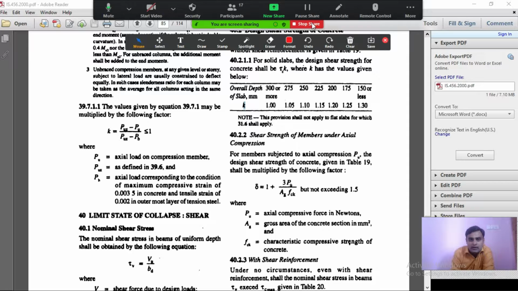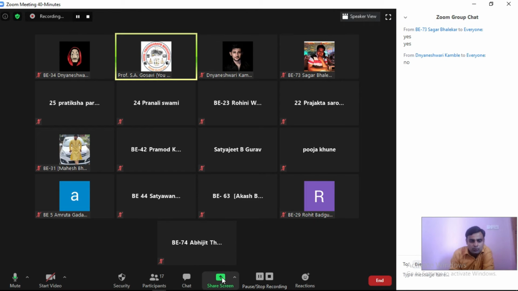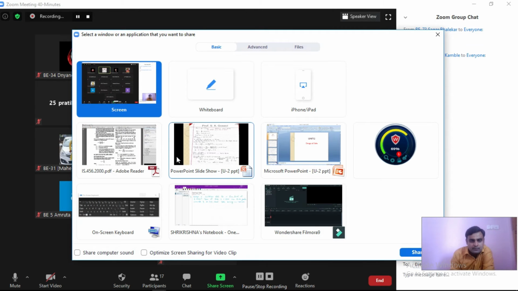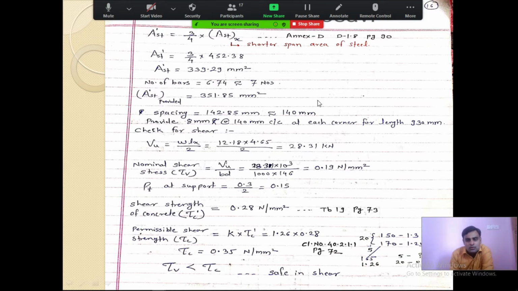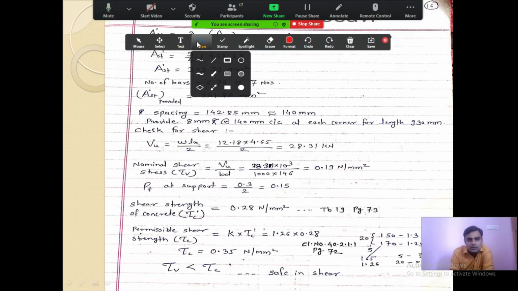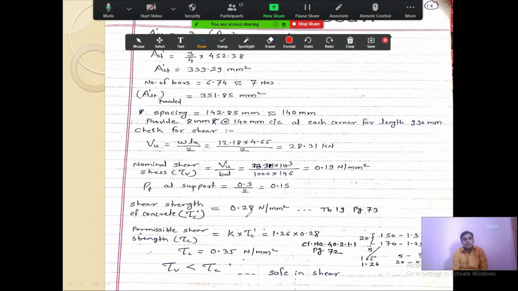Now again, if we move to the slides, from table number 19, this is the value 0.28 Newton per mm square. This is the value of tau c dash.